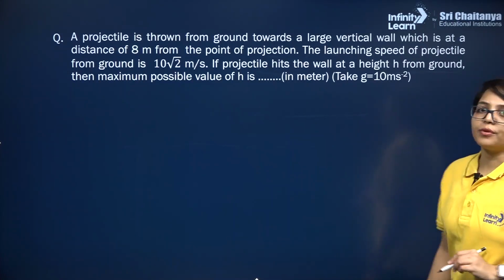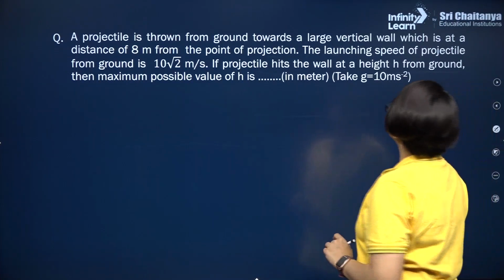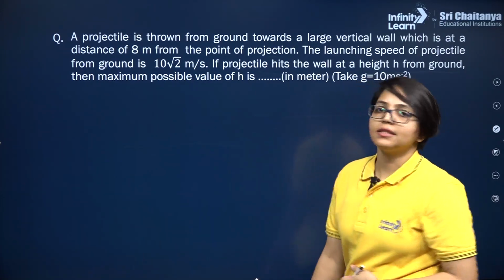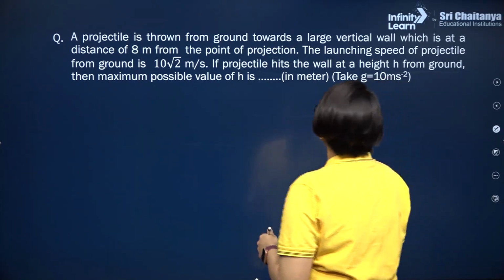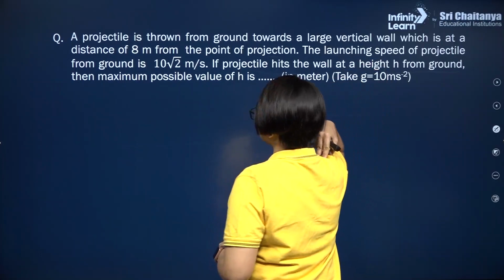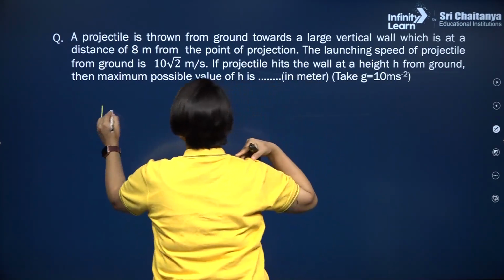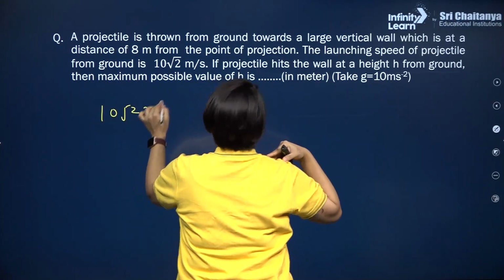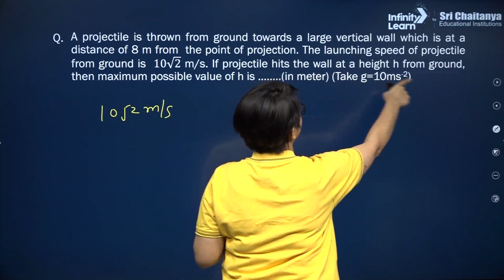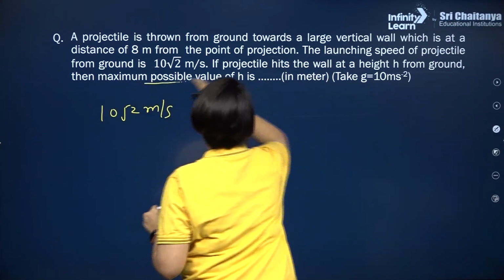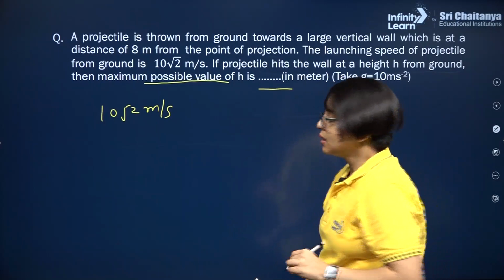Next is this one: a projectile is thrown from the ground towards a large vertical wall which is at a distance of 8 meter from the point of projection. The launching speed of the projectile from the ground is 10 root 2 meter per second. If the projectile hits the wall at a height h from the ground, then the maximum possible value of h is. So, over here,